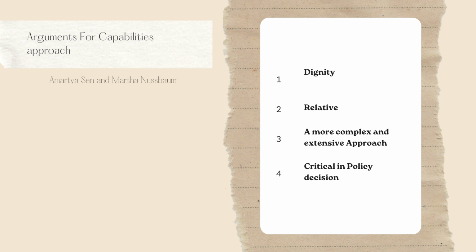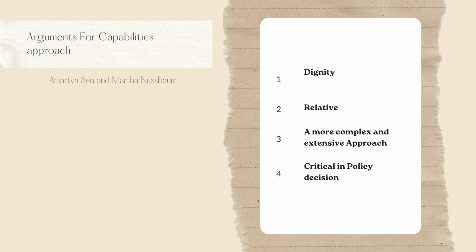Another argument for the capabilities approach is its relativity. The approach accounts for both interpersonal and social variations of poverty. As Sen states, regardless of the method, we cannot rule out social variations of poverty as terrible deprivation can vary from place to place. Relativity is important to capture a more accurate picture of what it means to be in poverty, as it is a shifting, evolving term.